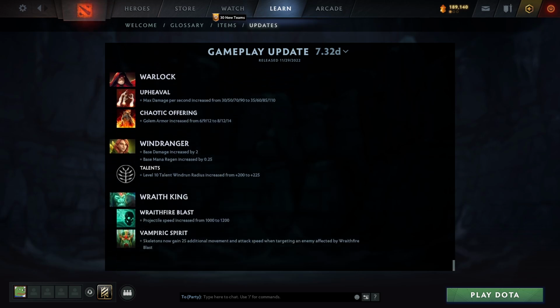And then finally we have Wraith King. This hero is probably one of the worst carries right now for whatever reason. I mean, they changed the ult. They made it like 60 seconds instead of 40. They made things like the skeletons a little bit worse, but then it was kind of better, but kind of worse. But now they actually made this hero, I think, significantly better, because the projectile speed on Wraith Fire Blast